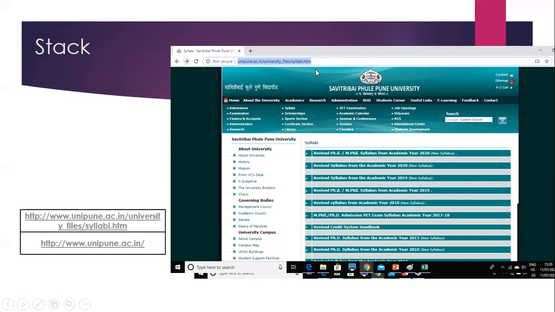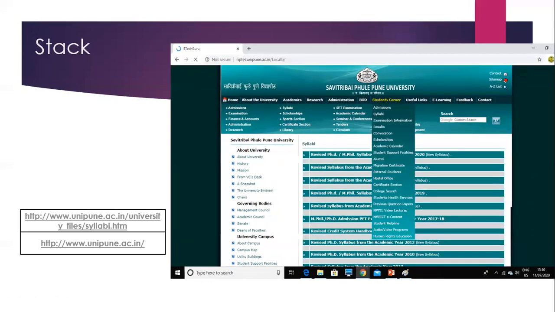After that, suppose I want to search some NPTEL lecture. So I'll click on student corner where the NPTEL lectures are. You can observe when I clicked on a menu, the page is not getting changed. I'm on the same page. When the page remains the same, the content is also the same. It will not change your stack content. After that, suppose I click this NPTEL video lecture, so the page